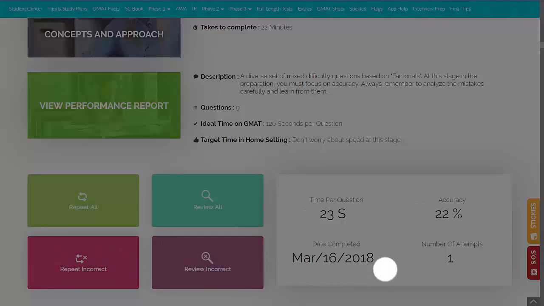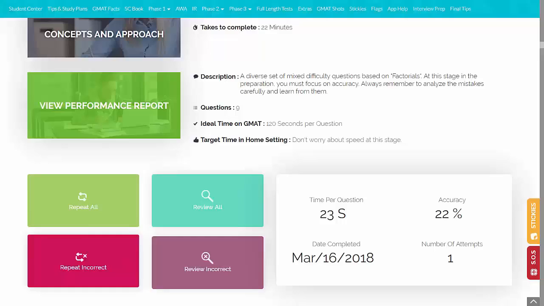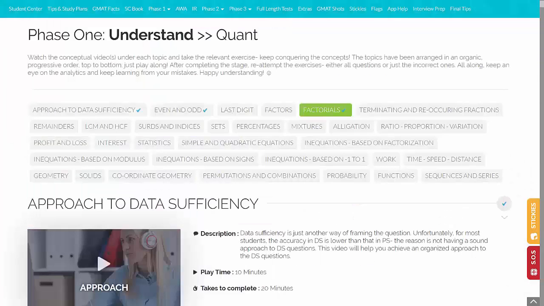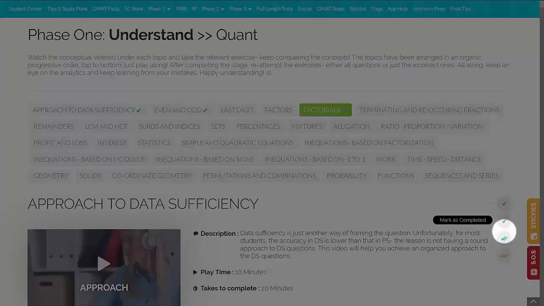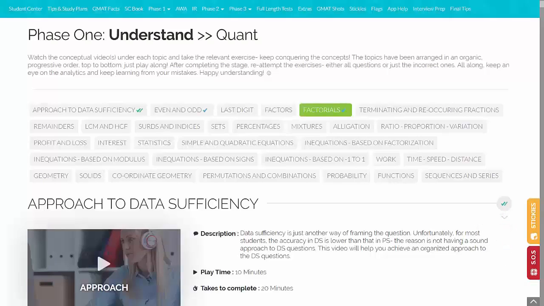In this part, you can see the broad numbers: the time you took per question, overall accuracy, the date on which you completed the exercise, and the number of attempts. Suppose you repeat incorrect questions. The time per question, accuracy, and date completed will accordingly be updated, and the number of attempts will become 2. So keep solving things in the arranged order. Remember the left to right, top to bottom approach. Topics have been arranged in a way to ensure organic learning, and if you repeat any topic, remember to mark the topic as revised. As I keep saying, eventually it has to be 3 ticks across all the topics.